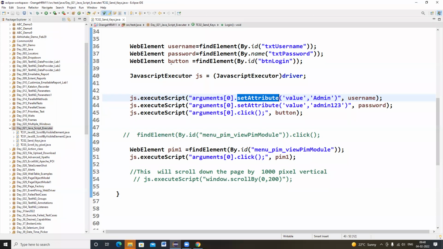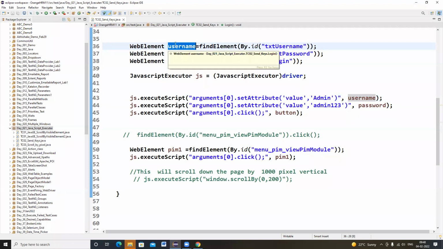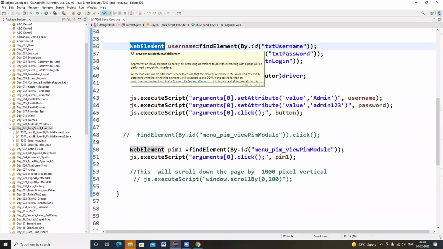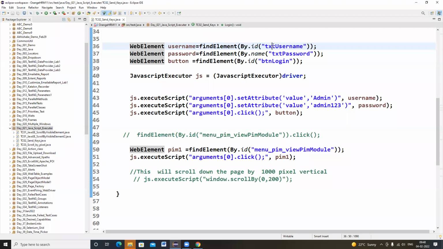Now, how are you doing it? You are creating an object reference for the web element, the current web element which is there. In this case, my current web element will be username, so we have created an object reference called username, and I'm providing the object reference value here. Likewise, we have done it for password and button login as well. Now we are creating an object reference for JavaScript executor as well.